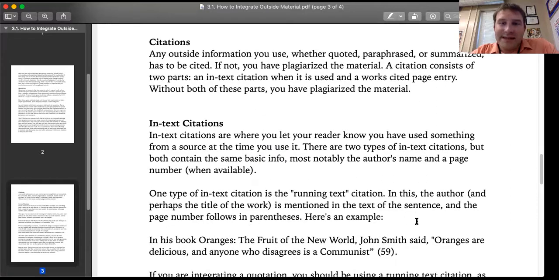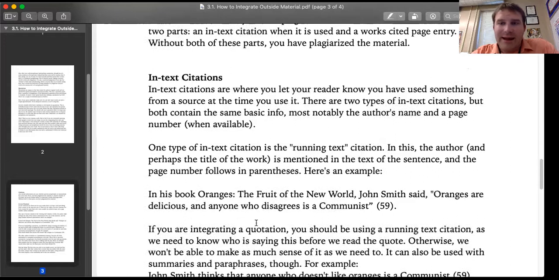Now, there are two types of in-text citations that you can use. One is running text, which we're going to look at, and the other one is parenthetical. Running text is where you use the author at the beginning before you provide the information. The example they give you is, in his book, Oranges, the Fruit of the New World, John Smith says, oranges are delicious, and anyone who disagrees is a communist, page 9.